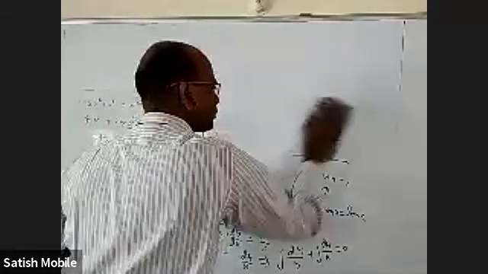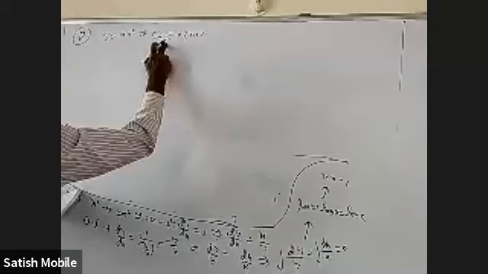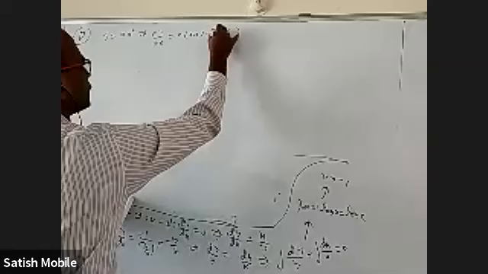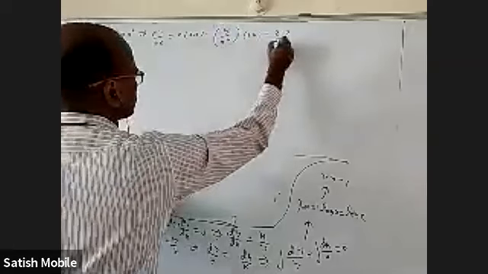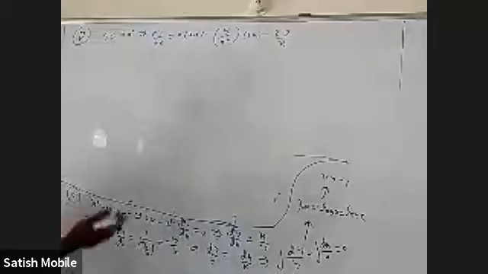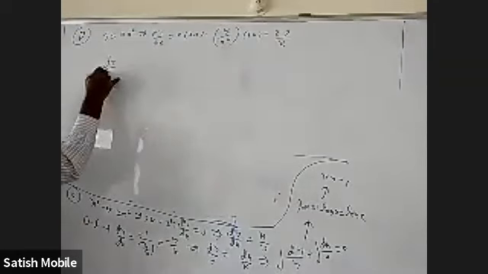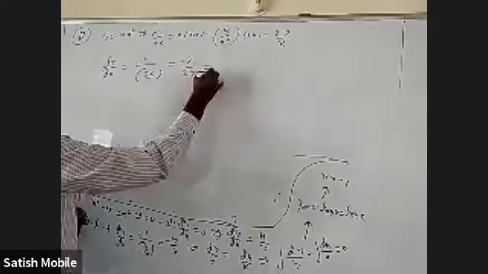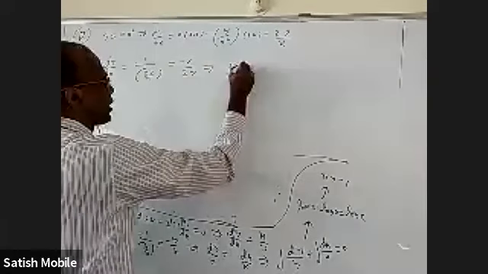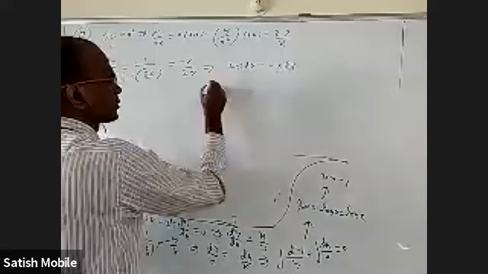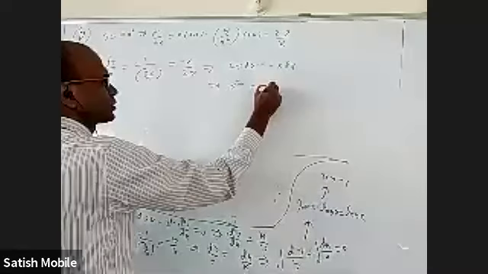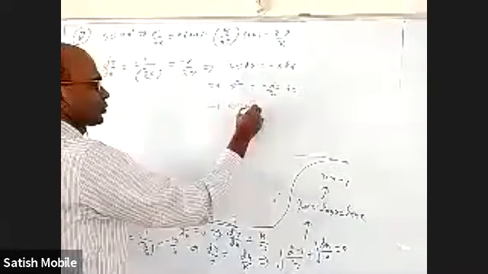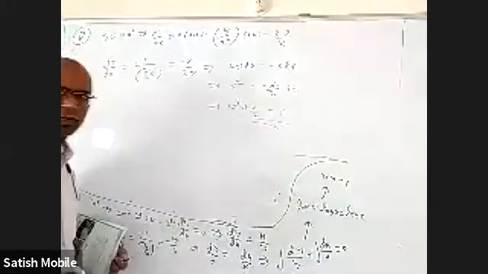Okay, coming to the third one. y equal to ax square, dy by dx equal to a into 2x, but in place of a I should write y by x square into 2x, which is 2y by x. This is the differential equation of the original family, and for the orthogonal family, dy by dx is minus 1 by 2y by x, which is minus x by 2y. Variable separable: 2y dy equal to minus x dx. So this is y square, this is minus x square by 2 plus c. So y square plus x square by 2 equal to c. This is a family of ellipses.